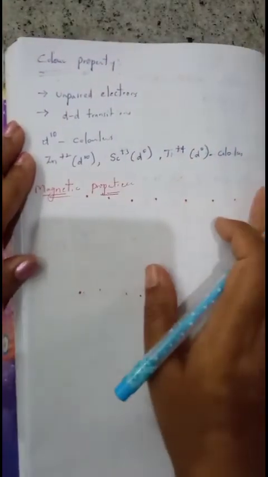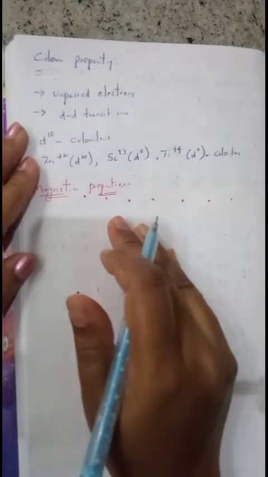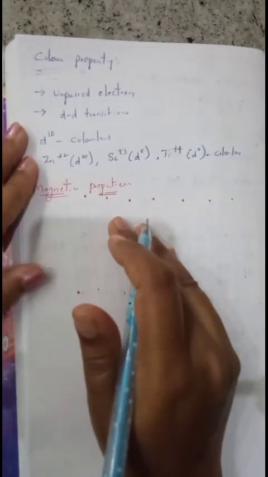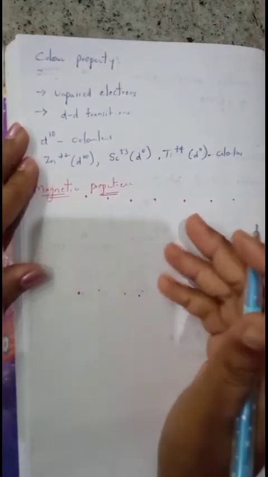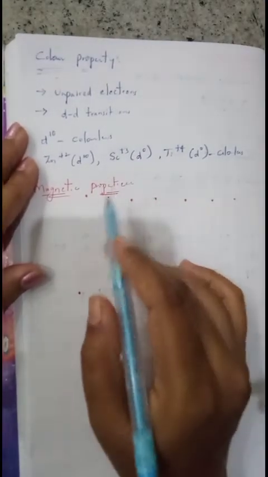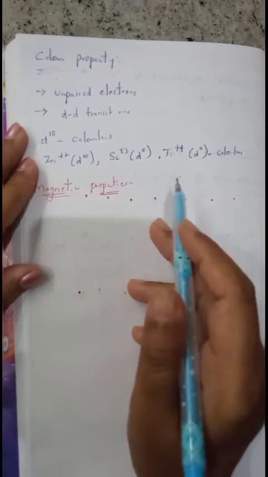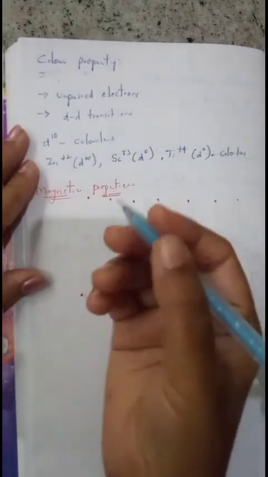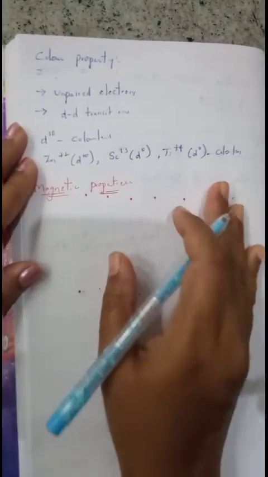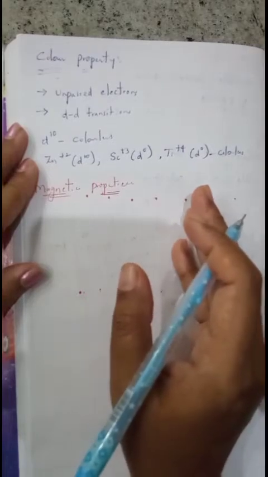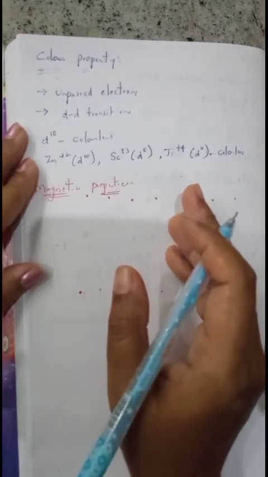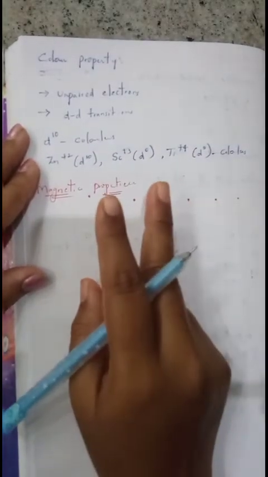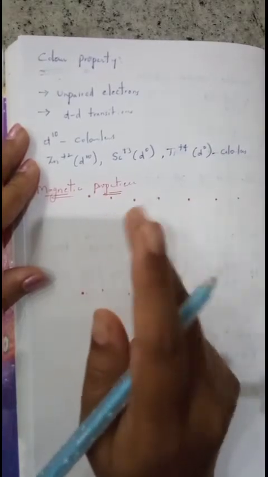Now we will discuss magnetic property. First we want to discuss what magnetic properties are. There are three important types of magnetic substances. The substances which are weakly repelled by a magnetic field are said to be diamagnetic in nature. The substances which are weakly attracted by the magnetic field are said to be paramagnetic. The substances which are highly attracted by the magnetic field are called ferromagnetic. But in general we have to study only two types of magnetic substances, that is paramagnetic and diamagnetic.